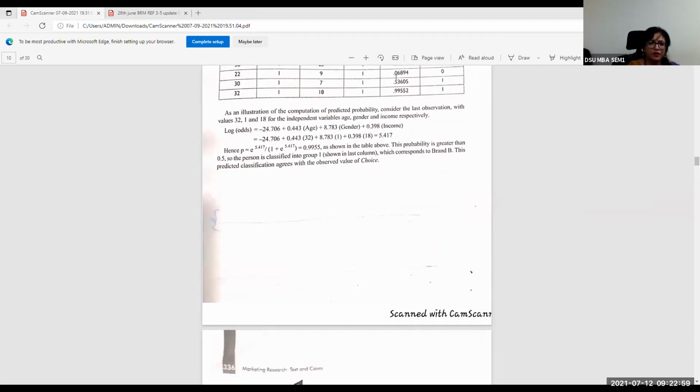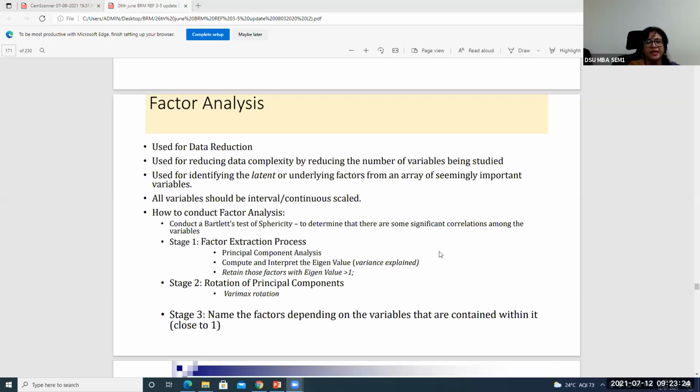Now, there are certain things that are more commonly used than what you're seeing here on the screen. More often we use a concept of analysis which is very commonly used among all domains in management: the analytical tool of factor analysis. Unlike the previous two methods, factor analysis deals with data reduction, and it deals purely with interval scale data, continuous scale data.